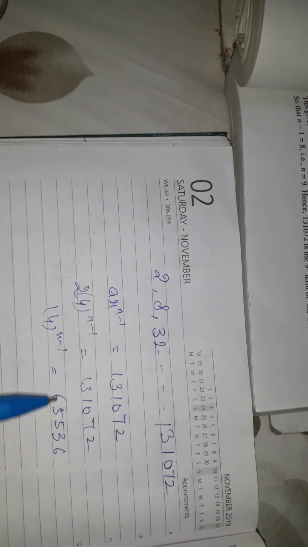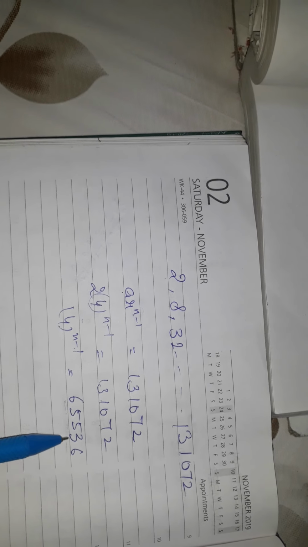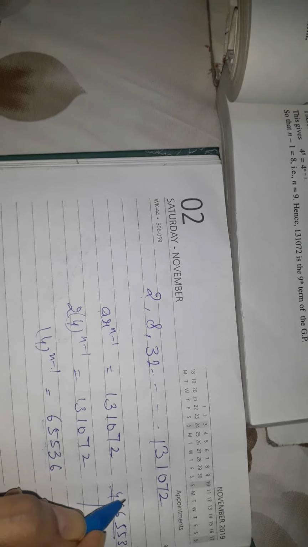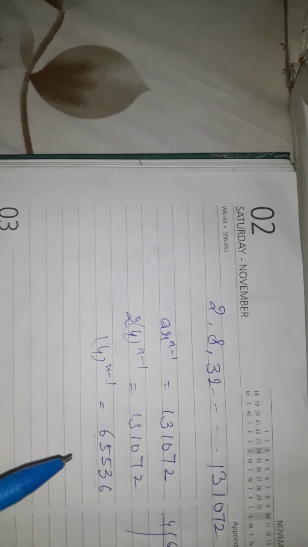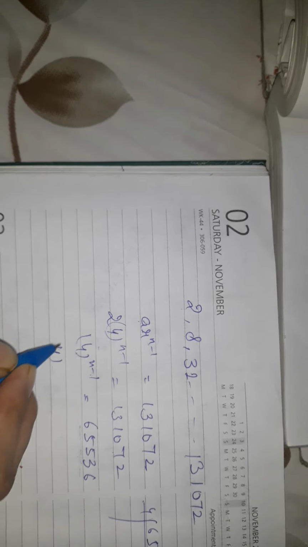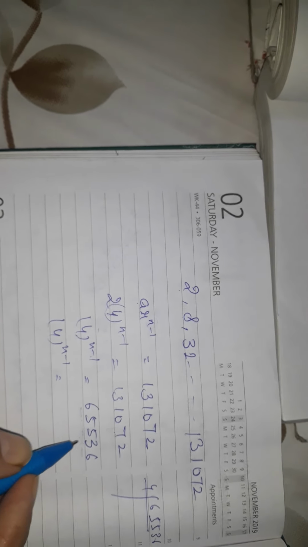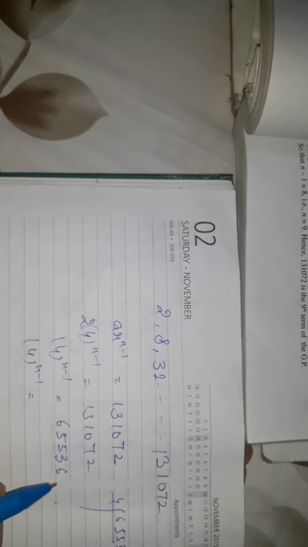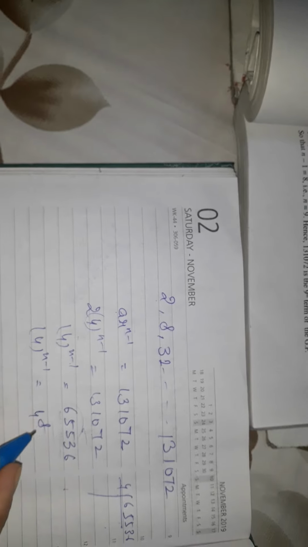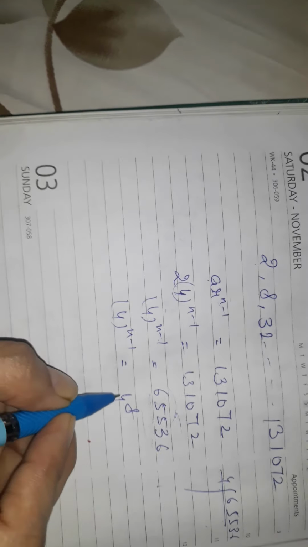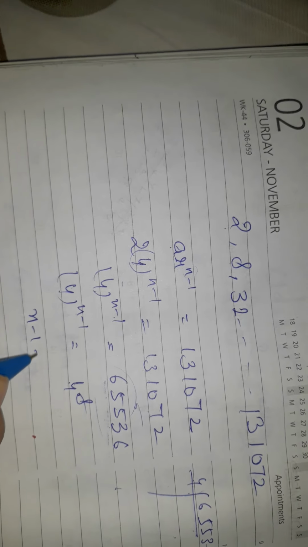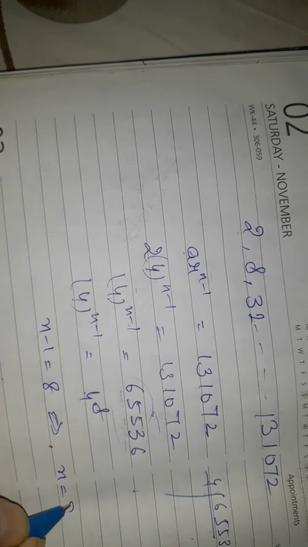4 raised to power n minus 1 is equal to, it must be some factor of 4. ये जरूर होएगा बेटा कोई factor. तो आप इसको LCM वाले method से अपना find out करो कि 4 से divide करके कितना. तो directly I am writing it. This is 4 raised to power n minus 1 is equal to, 4 को आप 8 times अगर multiply करते हो तो 4 raised to power 8 is this. Now what is it? Bases are same, powers will be equated. So this is what? n minus 1 is equal to 8. So it implies n is equal to 9.